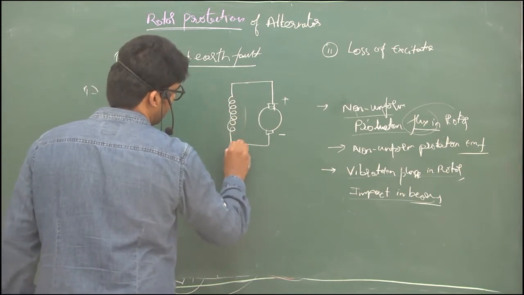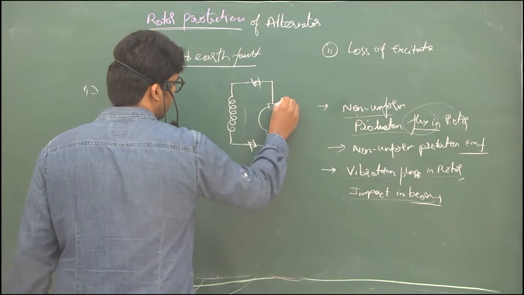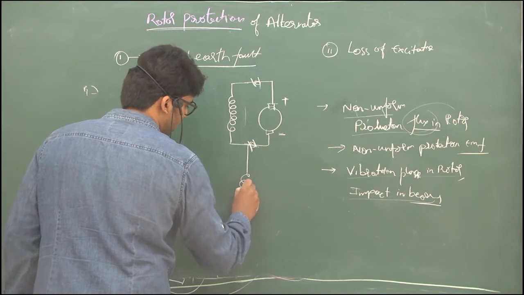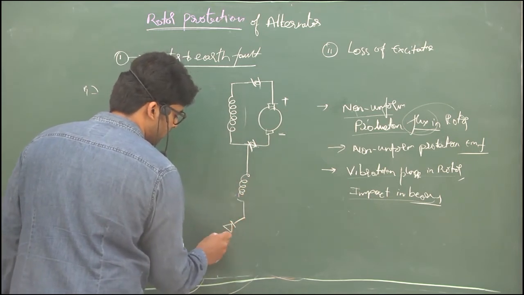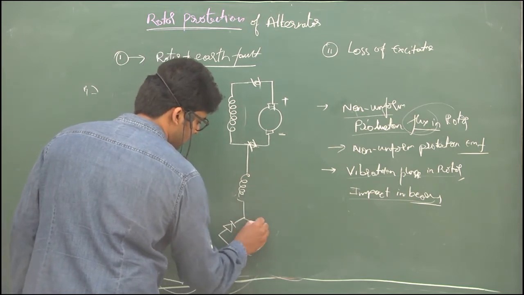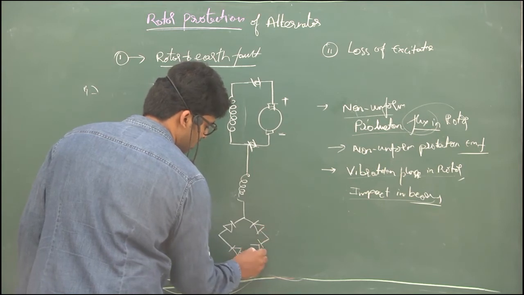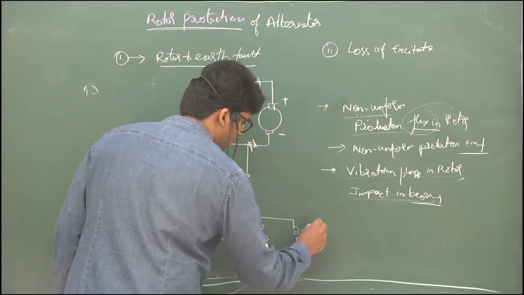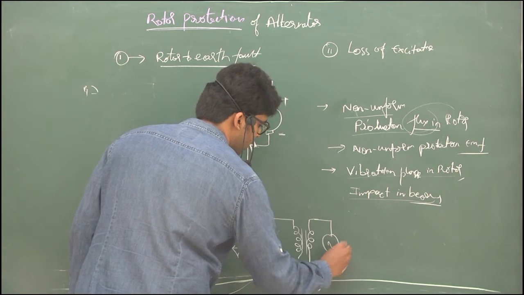For that I have slip rings here. This is positive and negative, negative and positive. For this negative, I am keeping a coil here, and this coil is fed with a bridge circuit. So this is the connection diagram. This is a small bridge circuit, and this bridge circuit is fed to a transformer rectifier bridge, and this is supplied by an AC auxiliary value.